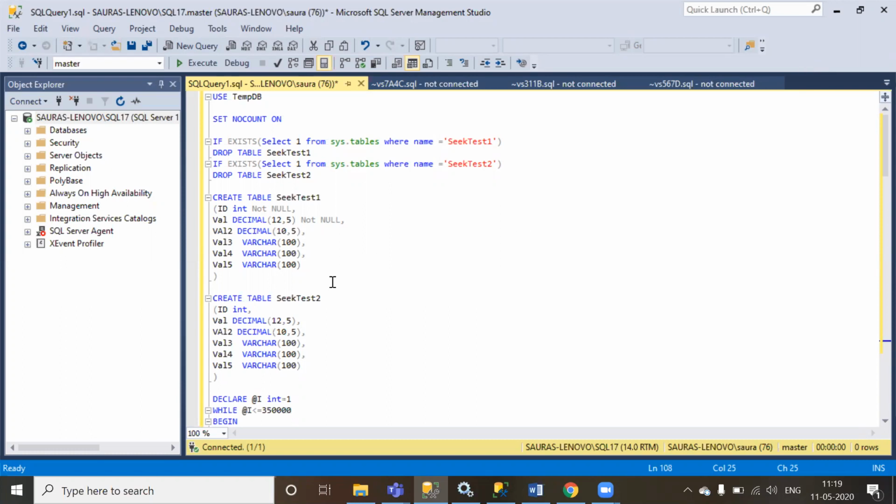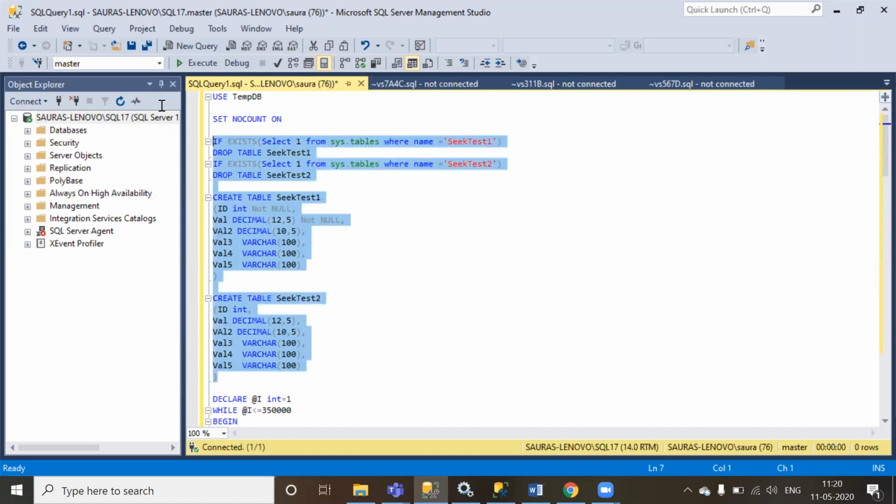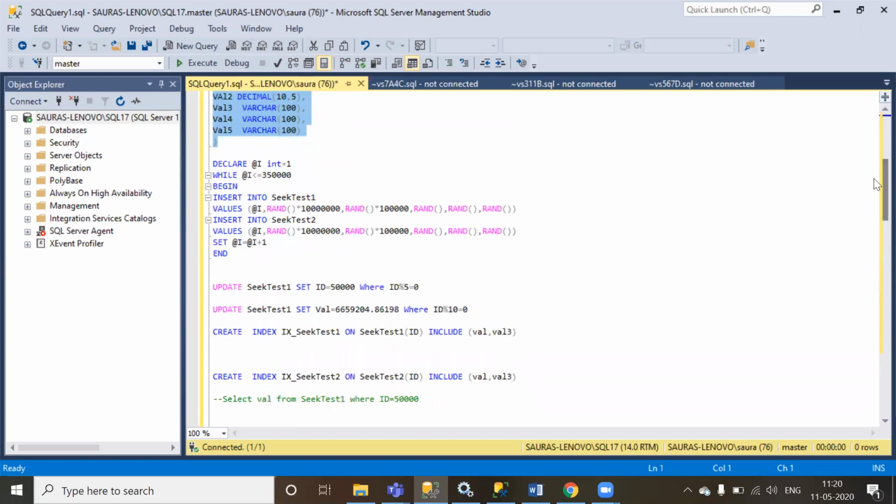So I'm going to create two tables here. The first one is seek test1 and another one is seek test2, which have a couple of columns. After creating these tables, I'm going to insert a few million records. Well, not exactly a few million, it is going to be 350,000 records.